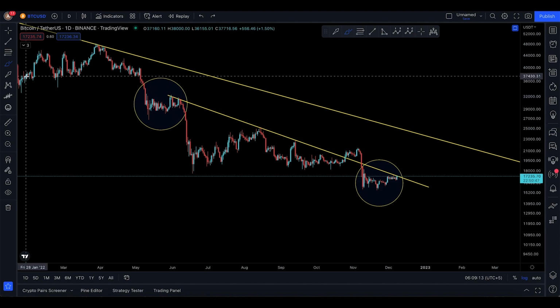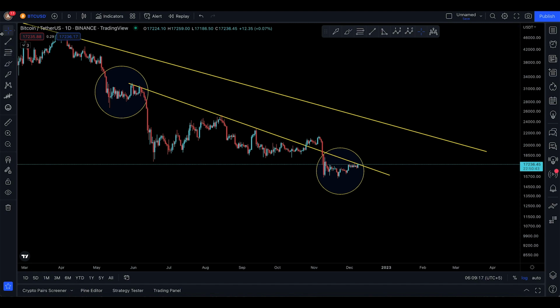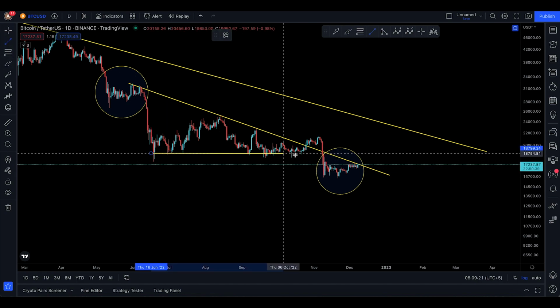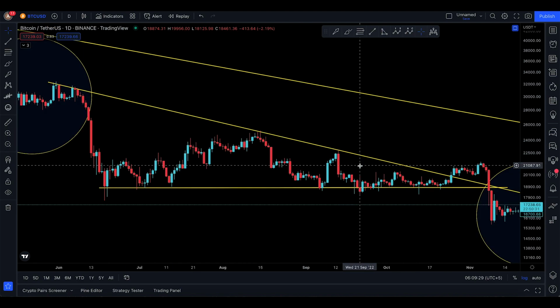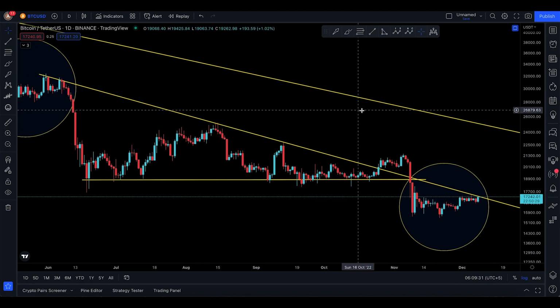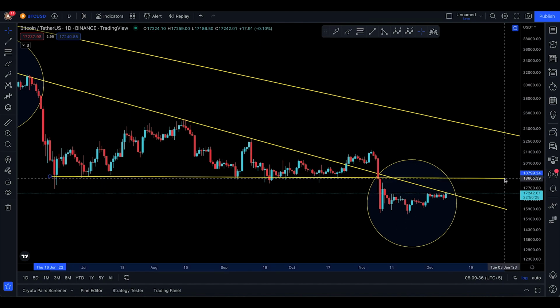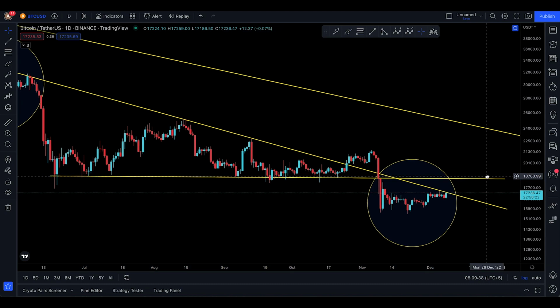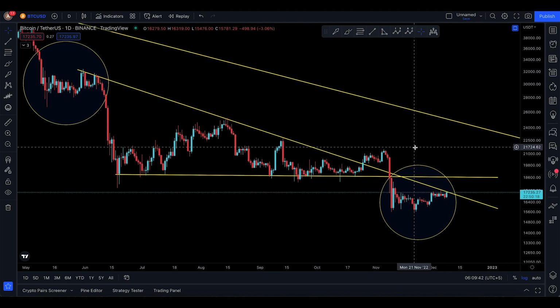Okay, so I've actually showed you these 2 fractals. And I'm just going to leave that line right there, but there's one more thing that I want you to see as well, and that is this right over there. I don't know why I never saw this, but I just noticed this today. Let me zoom in just a little bit here so that we can confirm things way better. And if there's any chance for you to pump, the highest you will go is 18,000 or 19,000 just to backtest this thing right over here. It's a little bit confusing.